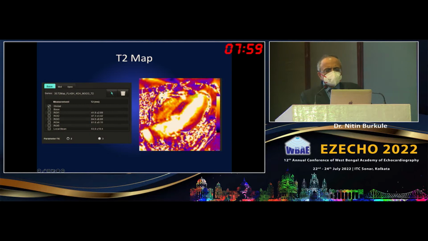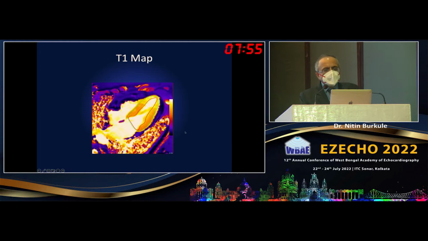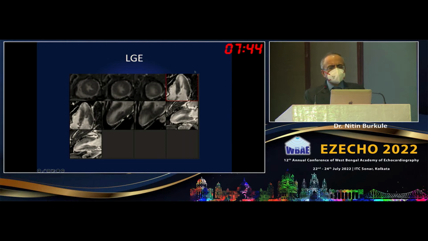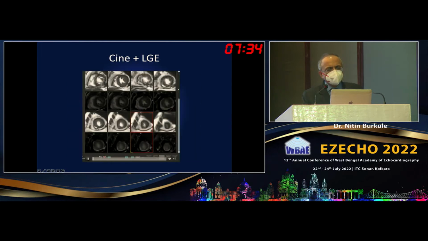So you can see that there is a complete edema which is very well demarcated, and then the T1 values also go high because of the edema, and you can see that the entire thing is white on this map. But if you look at the late gadolinium enhancement, there is no subendocardial enhancement here as you would expect in an ischemic infarct. What you have is a slight rise in the signal because of the gad retained in the